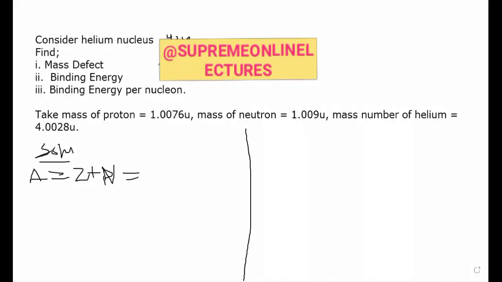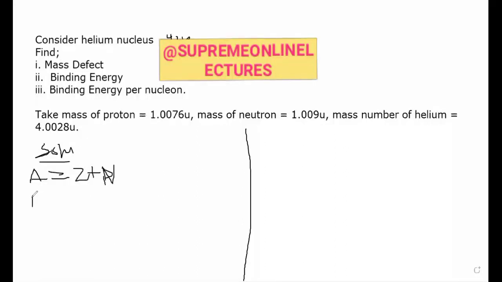So our Z here in this case is 2, and our A here is 4. If we are to make N the subject,